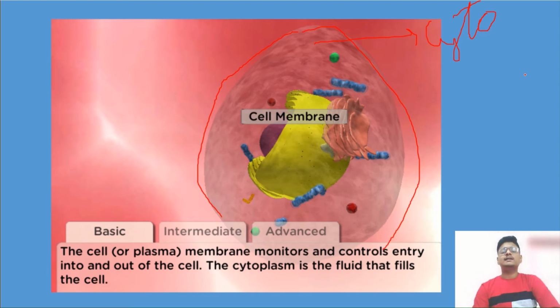Anyone know about this? They can write in the comment box. Till then let me tell you that cytoplasm is the jelly-like substance present between the cell membrane and the nucleus, and various other components or organelles of the cell are present in the cytoplasm. These are mitochondria, Golgi body, ribosomes, nucleus, etc. Okay students, everyone is clear till here?